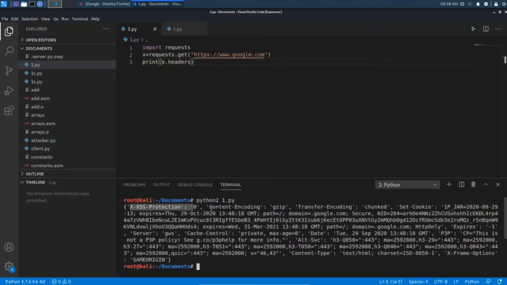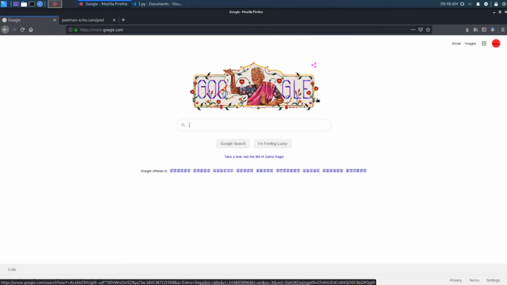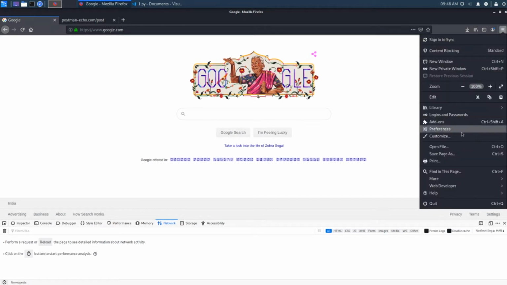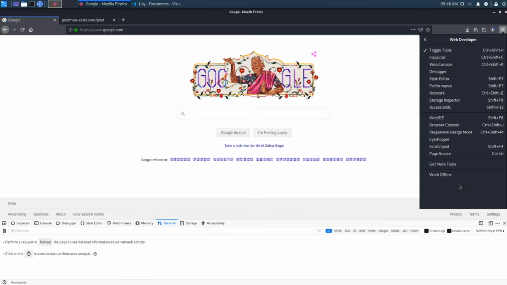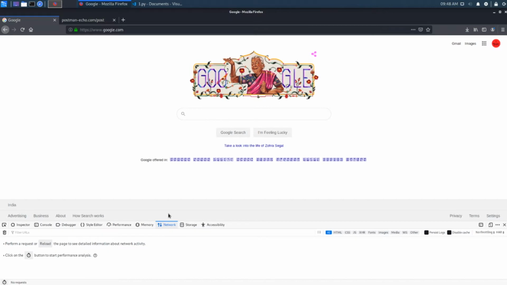See, this is the header, and if you want to cross check, then you can go to your desired website and hit F12, or you can go to developer options. I don't know where that tool is mentioned in this browser, but if you hit F12, then you will get it automatically.